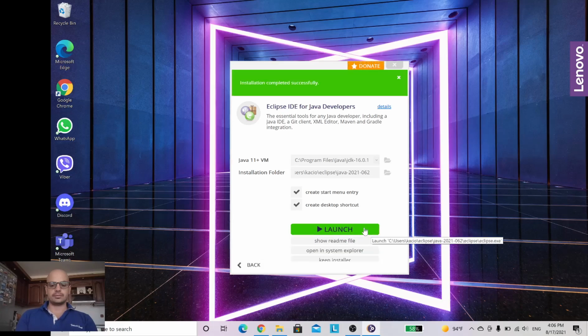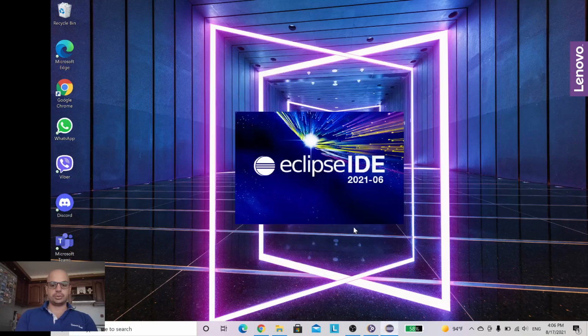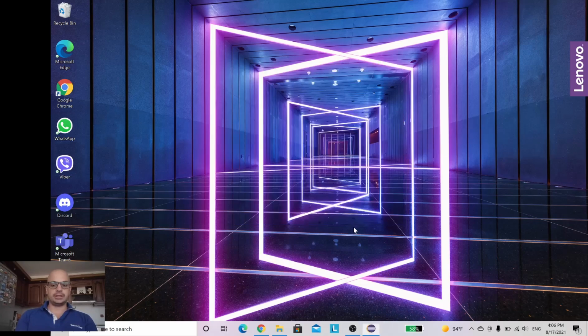After finishing the installation, it's going to give you the option to launch your Eclipse. The first time when you're starting the Eclipse, it might take a while, but after that it's going to be faster and faster.